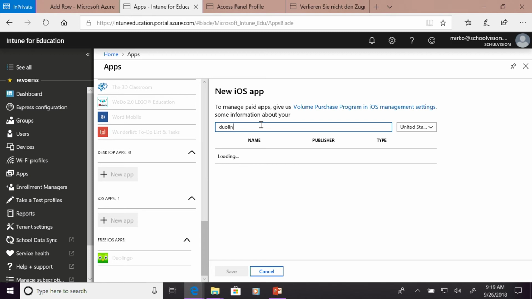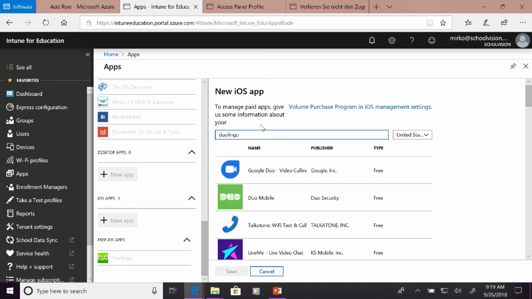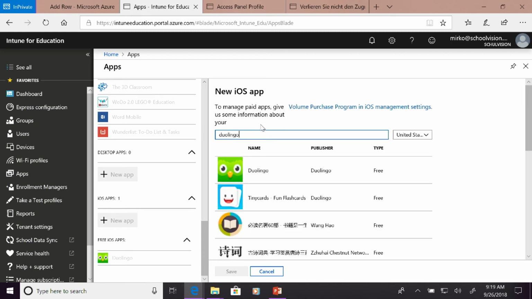I haven't connected to the VPP, the volume purchasing connector from Apple. I have done nothing. I just implemented the certificate, the connection to Apple Education. That's it. And all the apps are showing here. I just can grab them and put them to a group. That's it. As simple as possible.